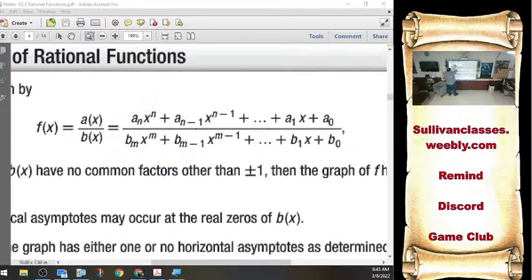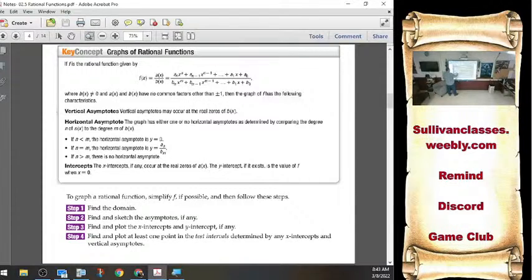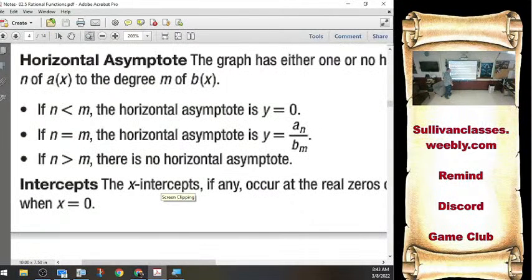In rule number 3, if the numerator has a greater degree, there's not a horizontal asymptote, there's an oblique. So I'd like you to write next to this one, there is no horizontal asymptote. I divide, ignore your remainder,